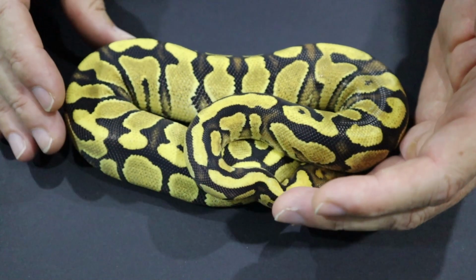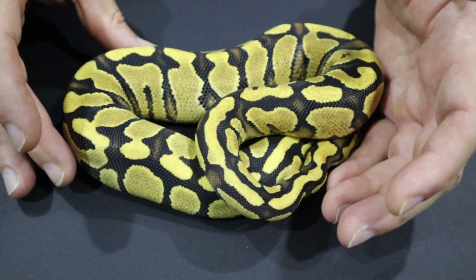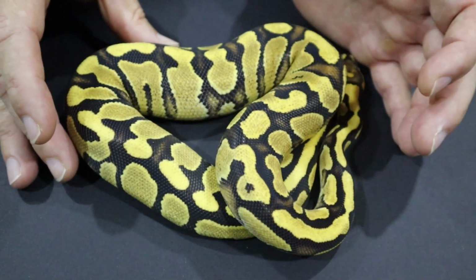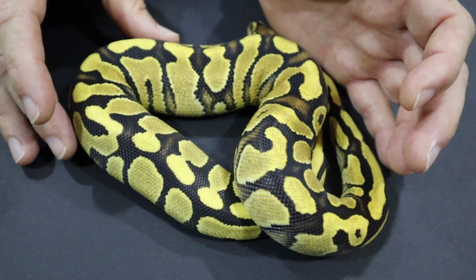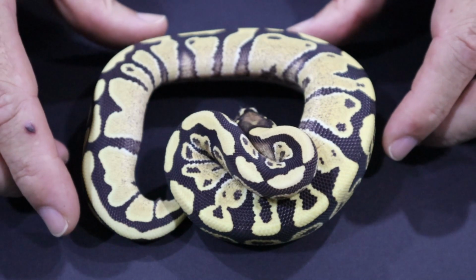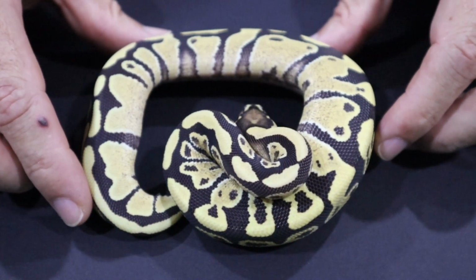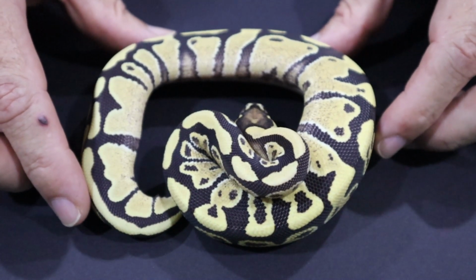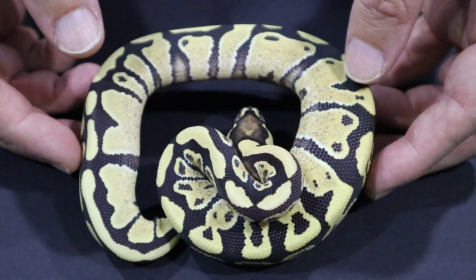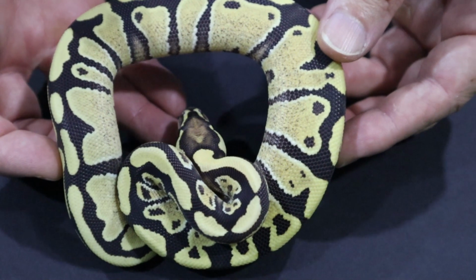So this is the yellow belly gene in isolation. This girl is het for clown, which is why she's probably brighter than she otherwise would be, but it is just a yellow belly in this girl. So let's kick it up a notch with my own Desert Ghost. This little girl here is a yellow belly Desert Ghost, and you can see she has the same yellow belly